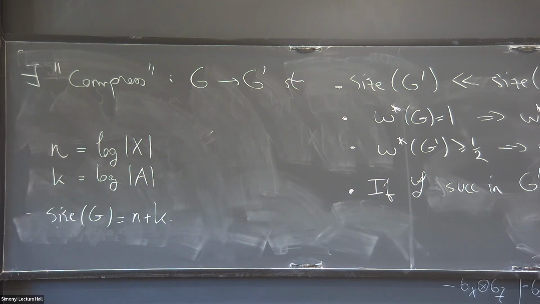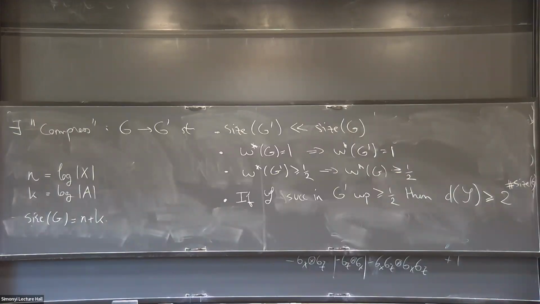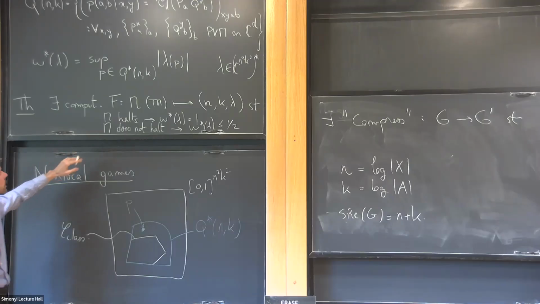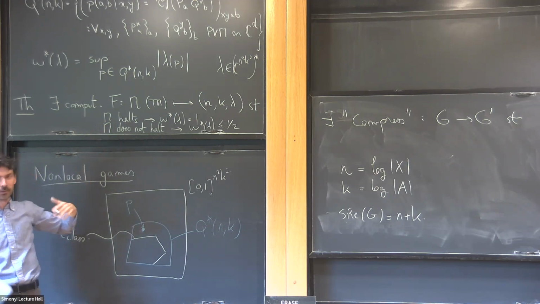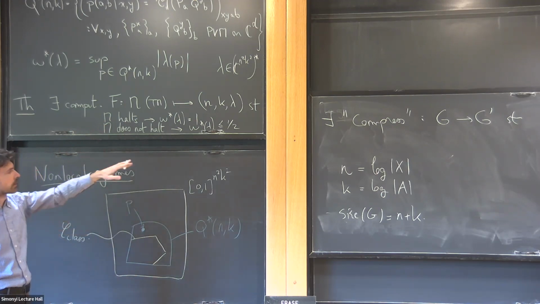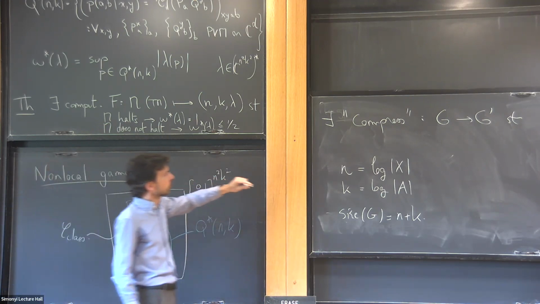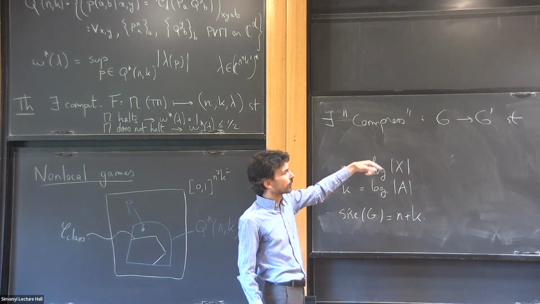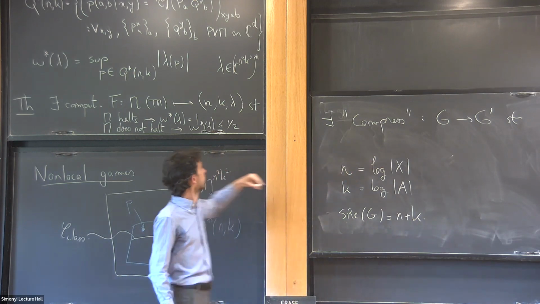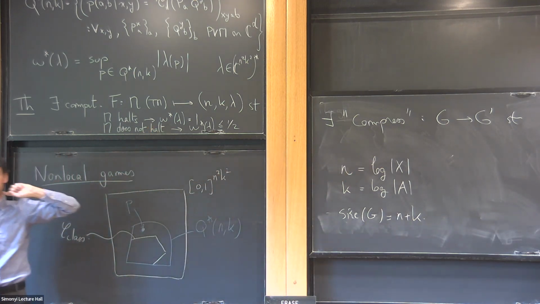Now I'm being a bit rough, but the way that we're going to prove this is that we'll assign games to Turing machines such that these games at first are very complicated, because the Turing machine can be a complicated object. In particular, the fact that it halts or doesn't halt is a very complicated statement. So we'll assign a game that's very complicated to the Turing machine, and then we'll iterate this procedure to make the game simpler while keeping the important statement that's there.